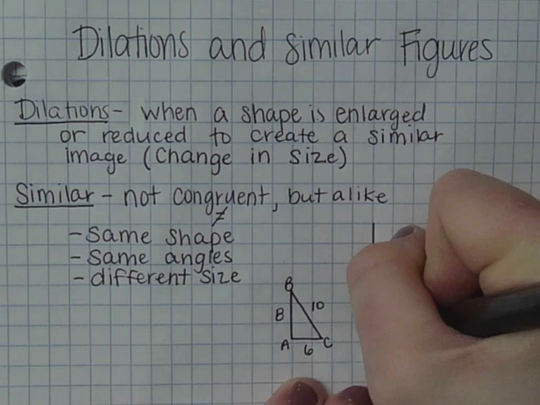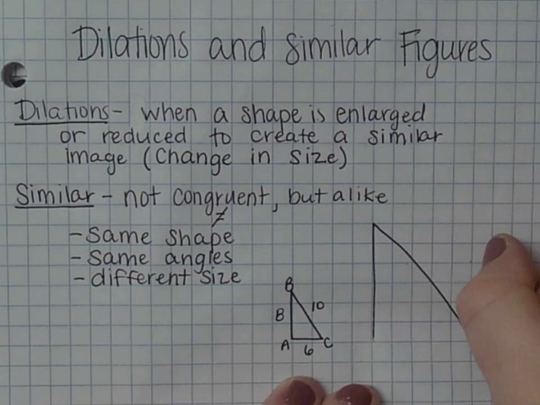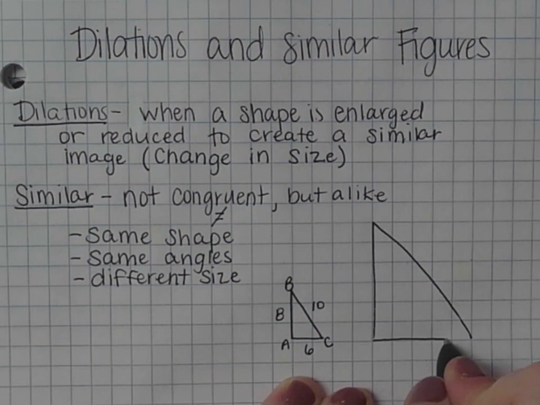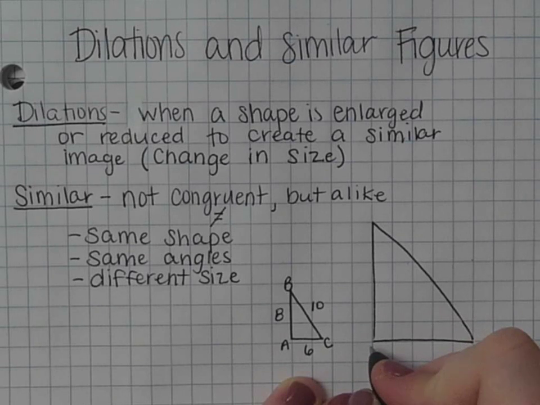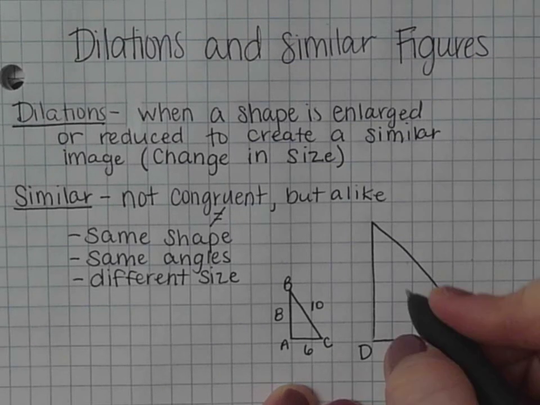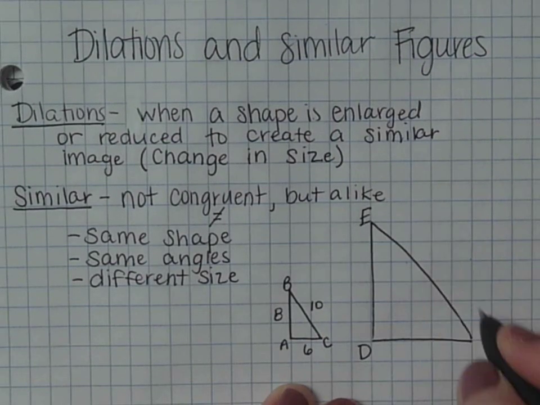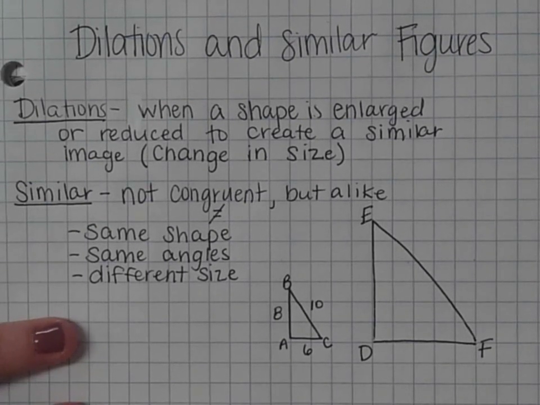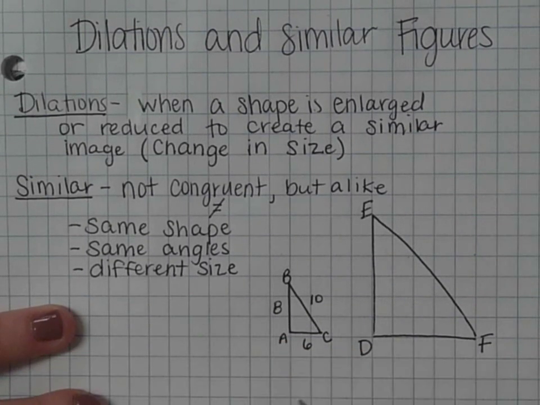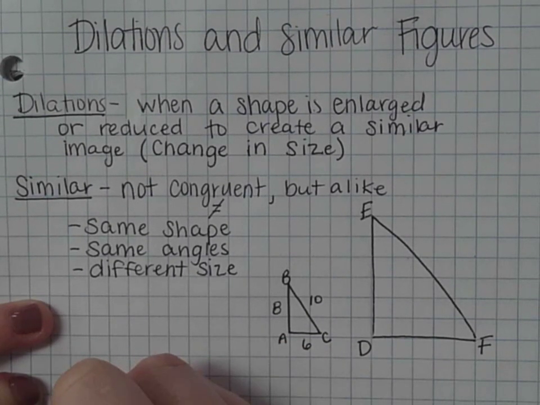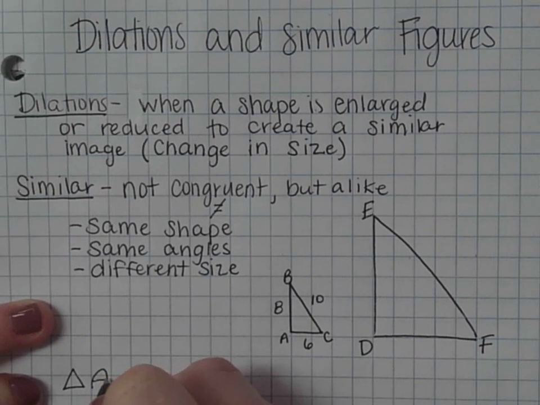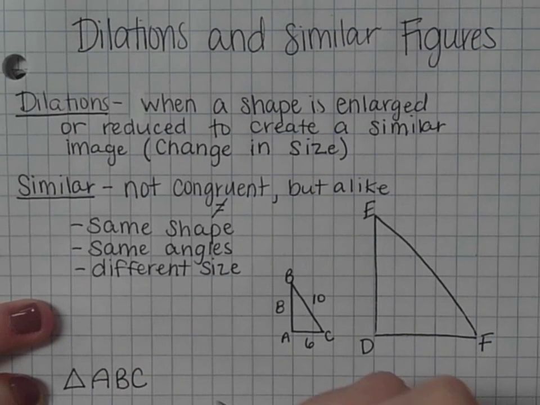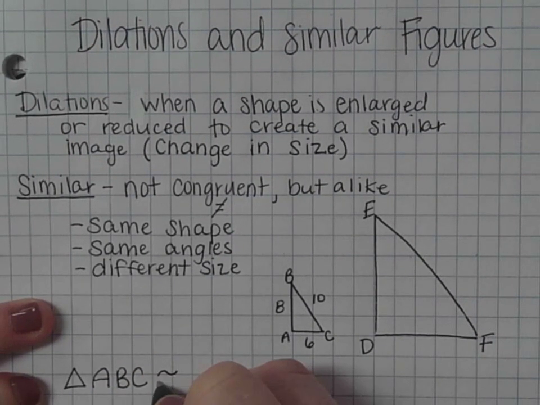And then if I had this one, and this was D, E, F. So to write similar, you could say triangle A, B, C is similar